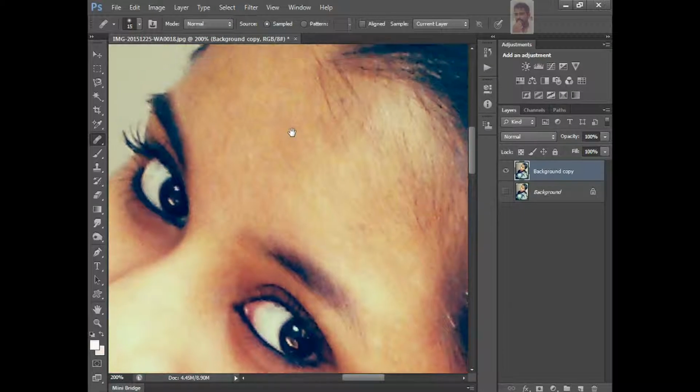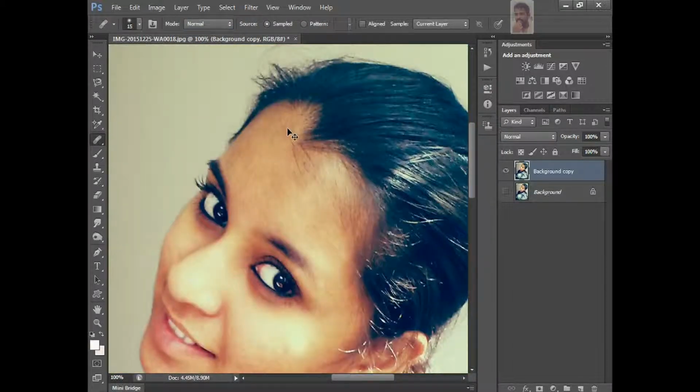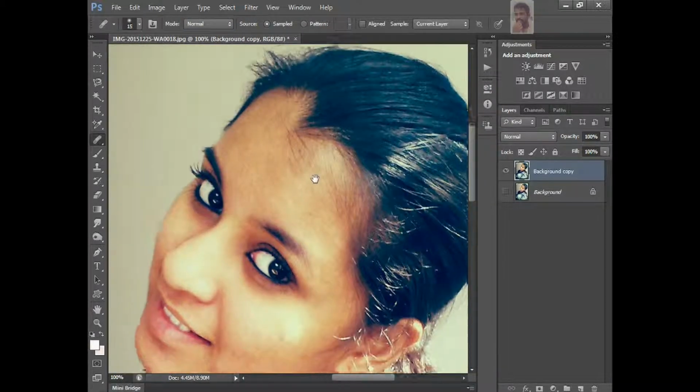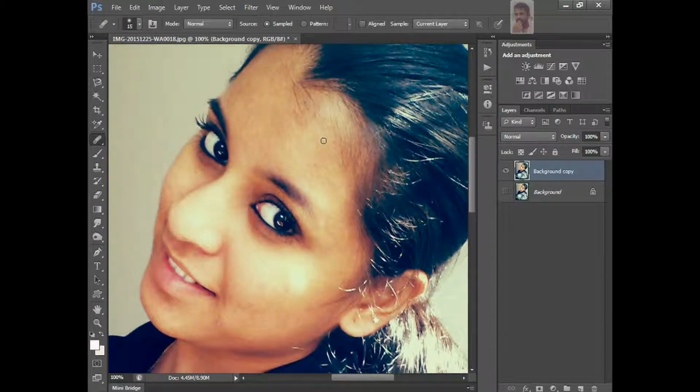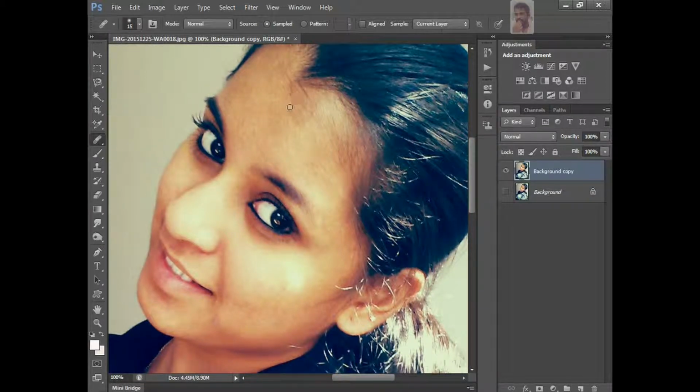One more thing: the modes are there, normal, replace, multiply, color, whatever you want to use. The source is sampled. If you want to make a different image, with different effects, click on the pattern.